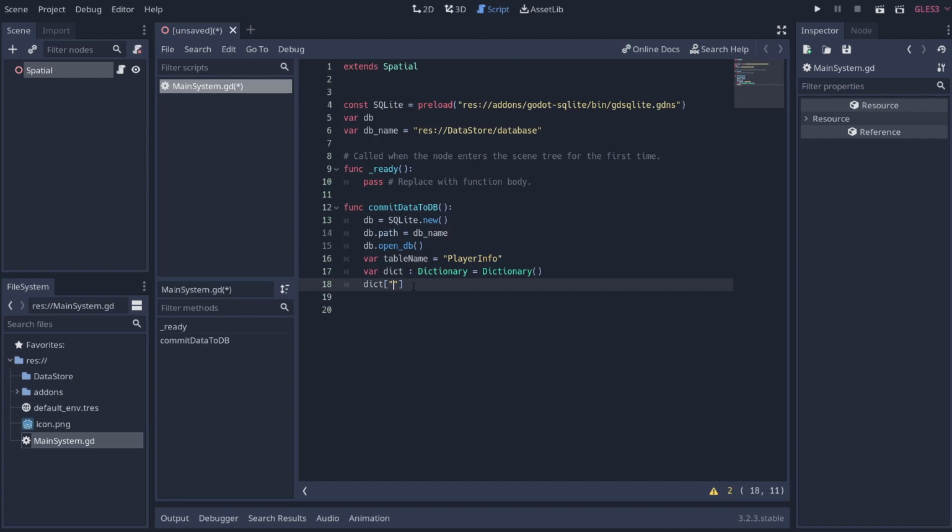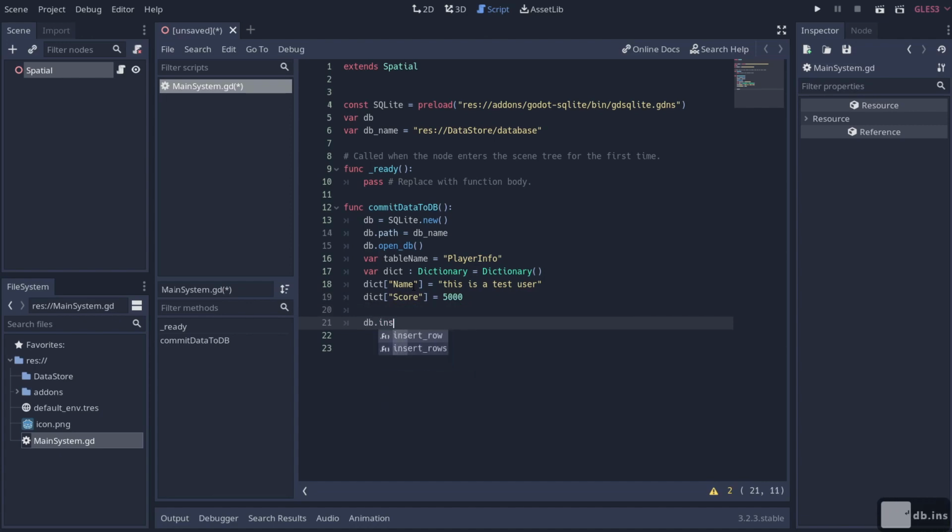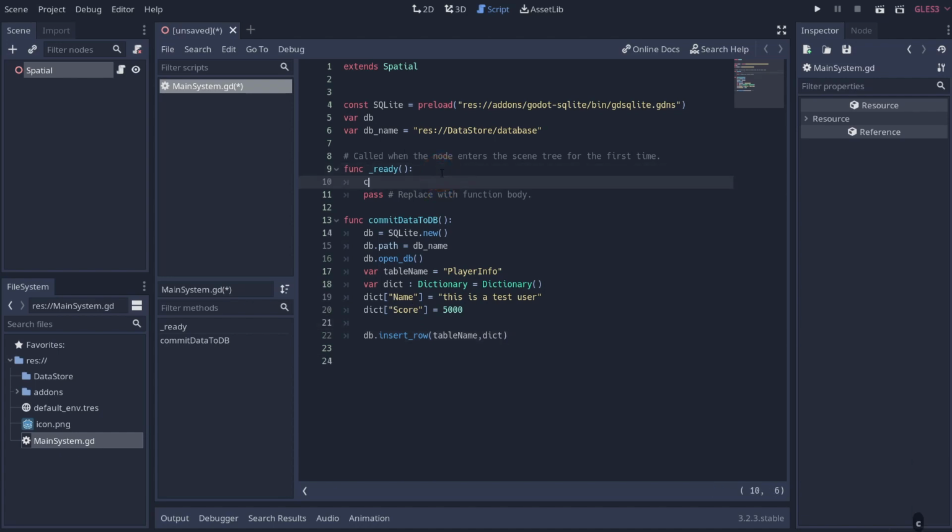So we'll say dict name is equal to this is a test user, and then dict score is equal to 5,000, and then finally we can go db.insert_row table name, comma, and then the dictionary that we're trying to put in. So now if we call this, okay,